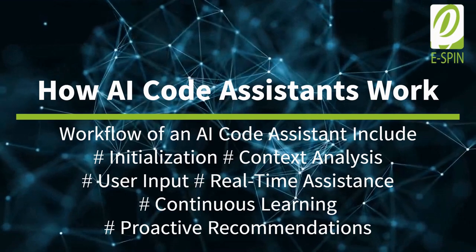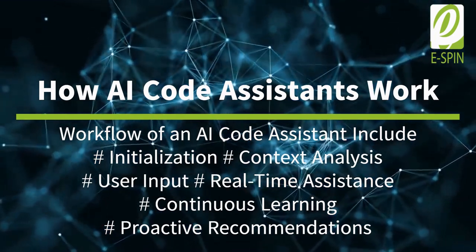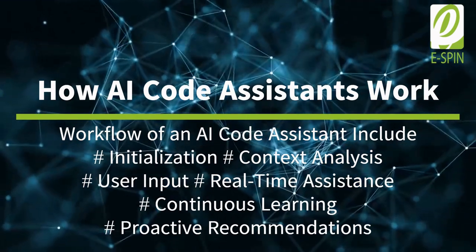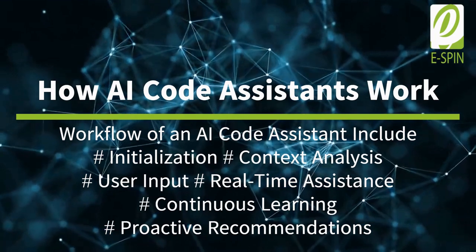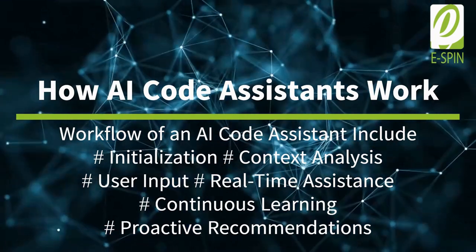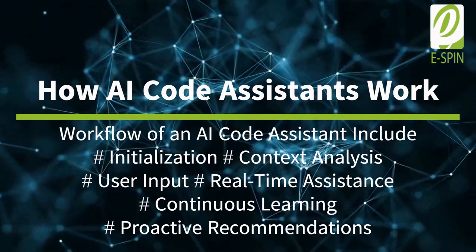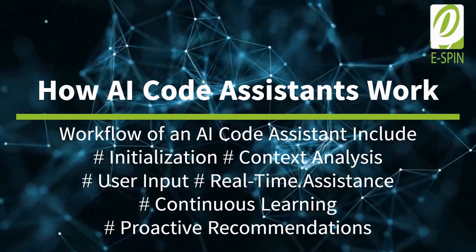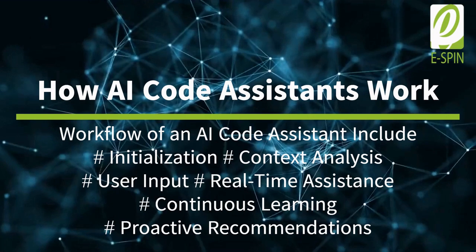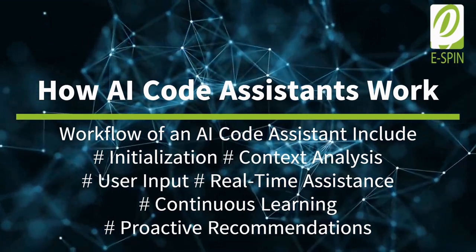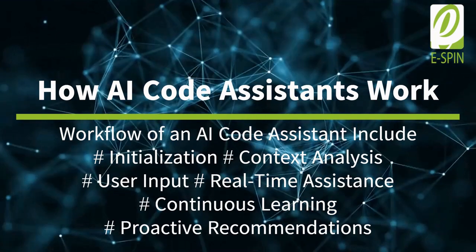Step 5 is continuous learning. The assistant continuously learns from the developer's actions, adapting its suggestions based on the developer's preferences and coding style. It then updates its models with new data from code repositories, documentation, and user interactions. Step 6 is proactive recommendations. In addition to responding to user input, the assistant proactively suggests improvements and optimizations. It then identifies potential issues before they arise, such as